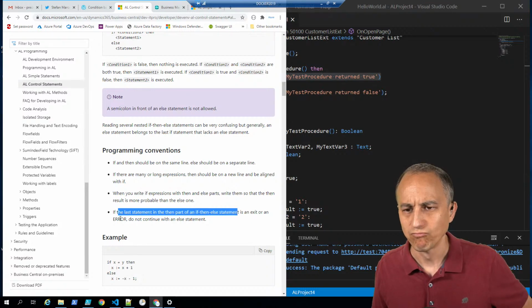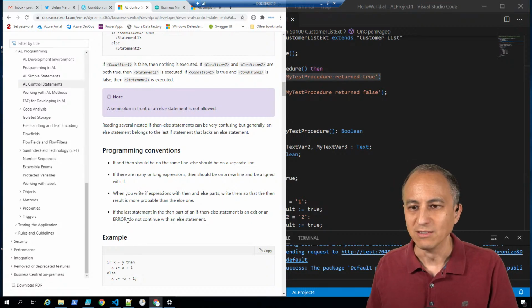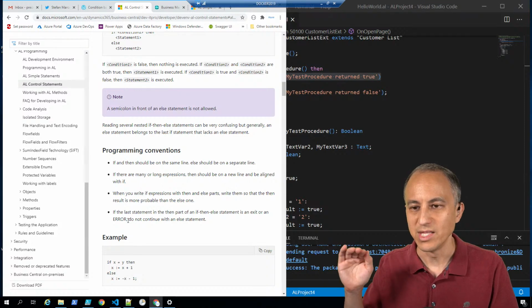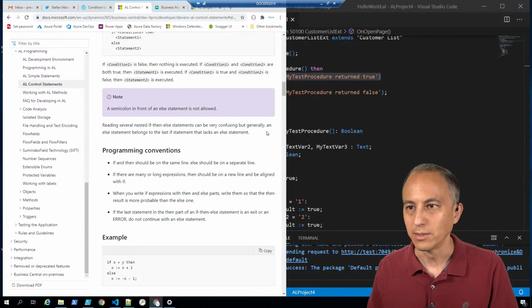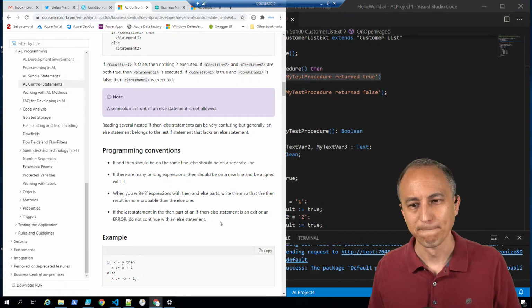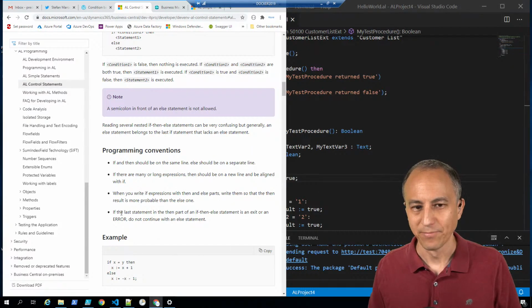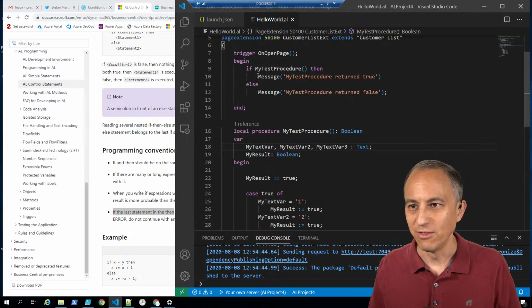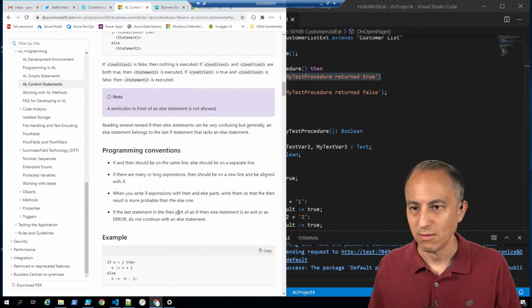If the last statement in the then part of an if then else statement is an exit or an error, okay, if the last statement in the then part of an if then else statement is an exit or an error, do not continue with an else. Let me read that another time. If the last statement in the then part of an if then else is an exit or an error,